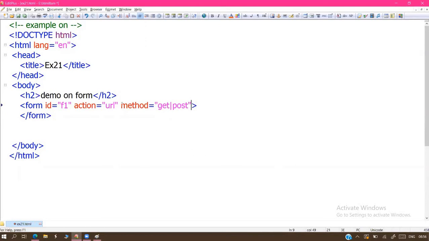So what is this method, sir? Data sending from client to server. The data sending from client to server is nothing but a transportation. So data transferring from client to server, the transferring methodology, the data transporting methodology. Get is one type of transporting system. Post is another type of transporting system. So these are the two types of data transporting systems from the client to the server. By default, browsers are always interested in using get, get only.